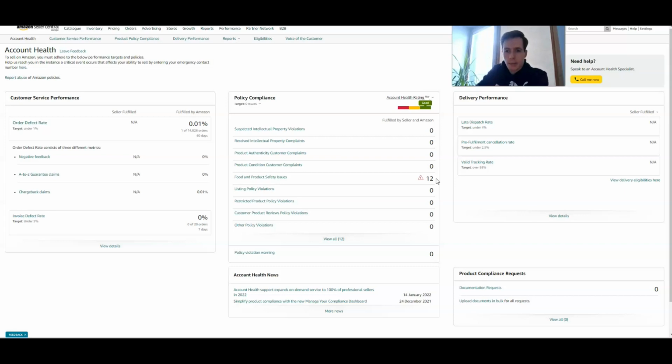And it is becoming a bit more of an issue, and I will start actually acting on these. Usually I do not act on any policy violations. I have tried in the past, and even with every single piece of evidence that I can possibly muster and explanation and everything, it doesn't work, because, well, it doesn't work with Amazon. And so that's usually why I leave it. And obviously I have heard stories like if you keep appealing and they keep getting declined, that can also be a negative impact. Now, who knows if that's true, but